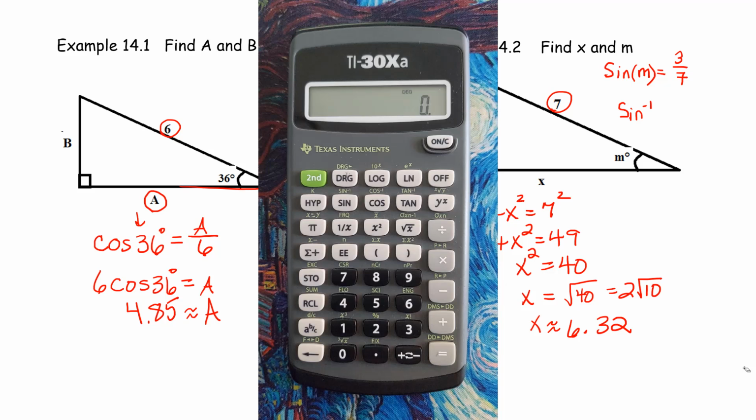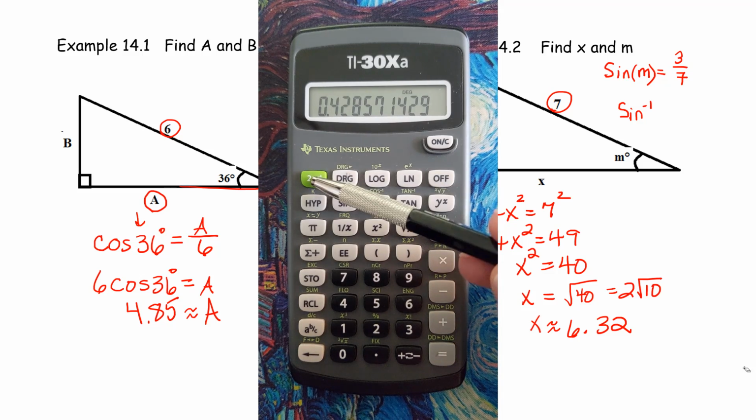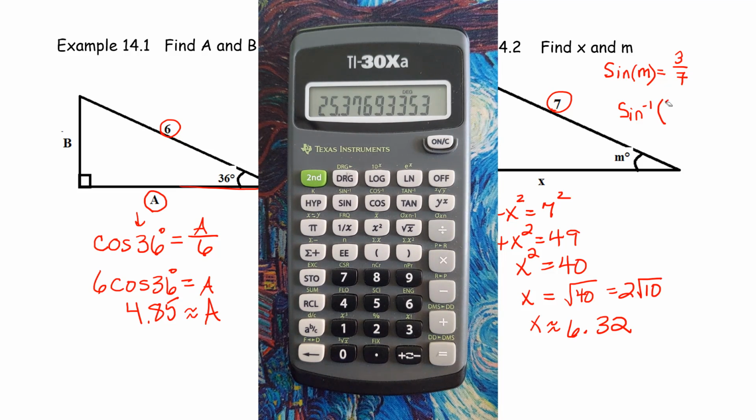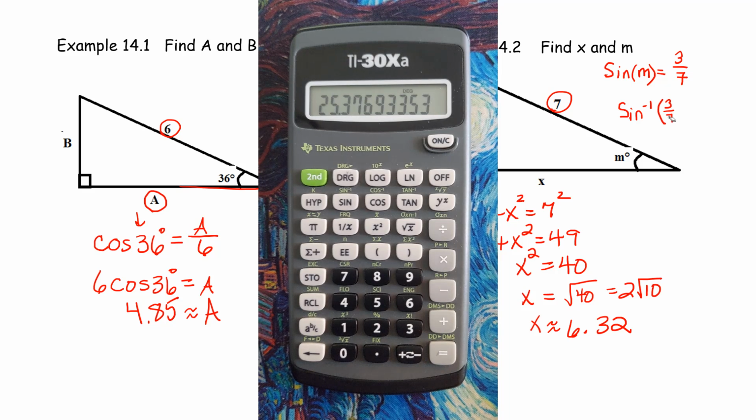So this time we're going to punch in 3 divided by 7, and we have to hit equals. And then we're going to hit second function, sine. And that gives us about 25.38. So the inverse sine of 3/7 is going to give me about 25.38